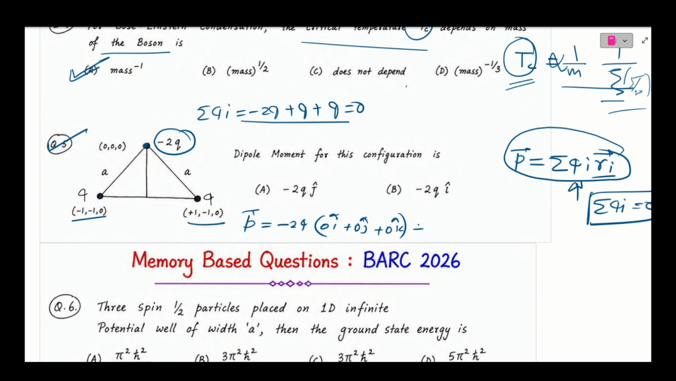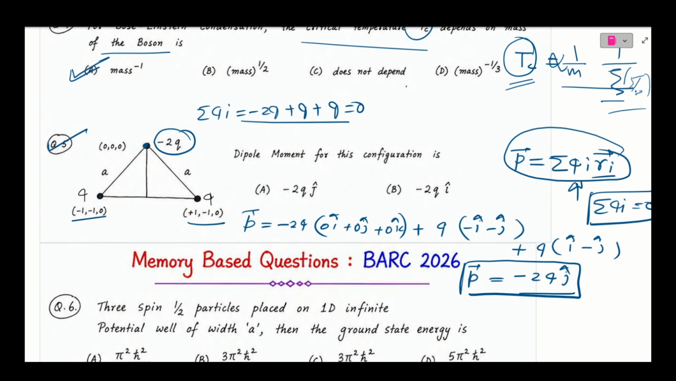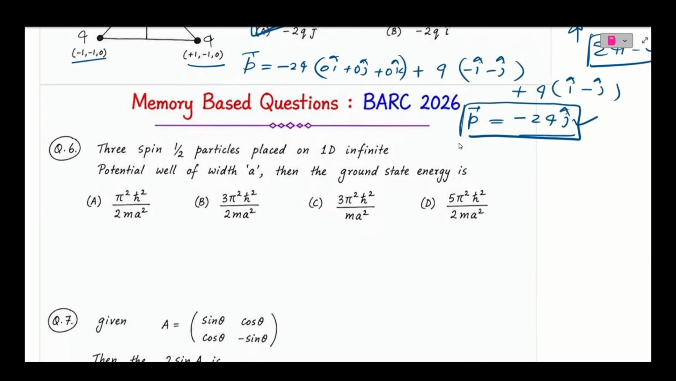Find the second one, plus q at -1 point, so minus i cap minus j cap, and for k it is 0. And the third charge is q at +1 -1, so i cap minus j cap. So ultimately, minus i plus i are cancelled, so only minus j, so it gives -2q j cap. So this is the dipole moment for this configuration, -2q j cap. So option A will be the correct one. Okay, next, move to the